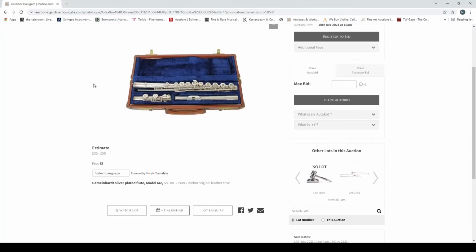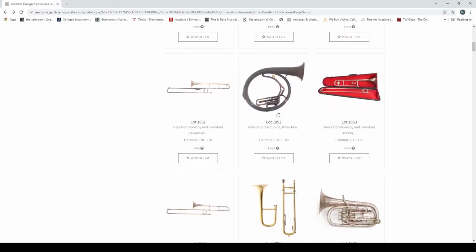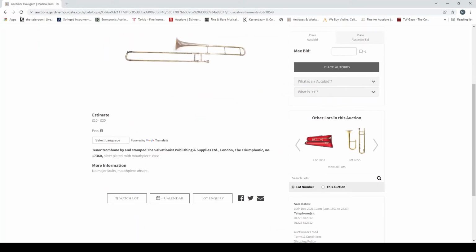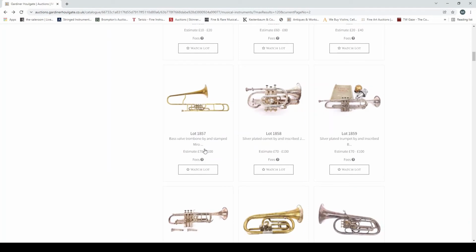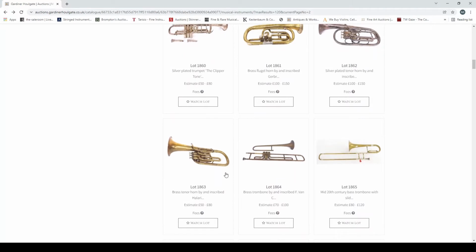Is a Gibbon Hart silver plated flute, and a bass trombone, Hawks, Helicon, and a tenor trombone by Besson. Tenor trombone stamps the Salvationist Publishing and Supplies. Soprano trombone there, baritone horn, bass valve trombone, silver plated cornet, silver plated trumpet, another brass flugelhorn, silver plated tenor horn, brass tenor horn,